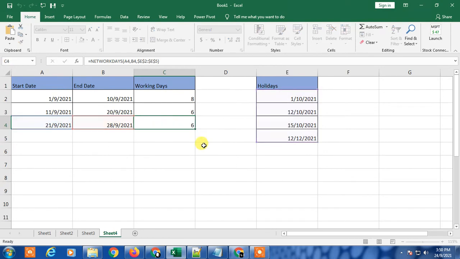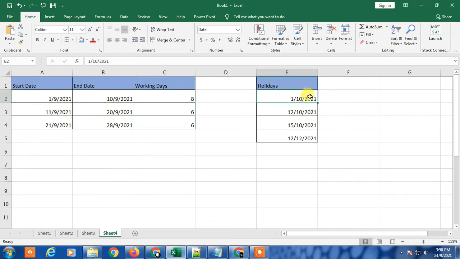The numbers have not changed, but the error has gone. They did not change because it was correct: the holidays I mentioned are for next months, so there is no holiday in this month. You can change the holidays if you want. You can see I used the September start date and September end date only, and for holidays I have October and December. So when I use a holiday in September, like the 11th, if I select 11 as my holiday, 11/9/2001.